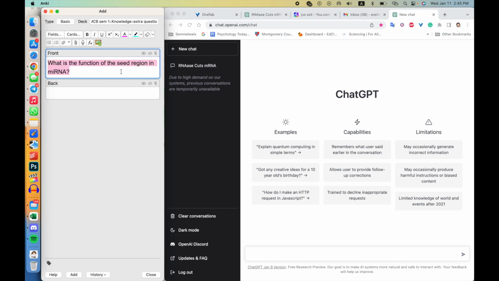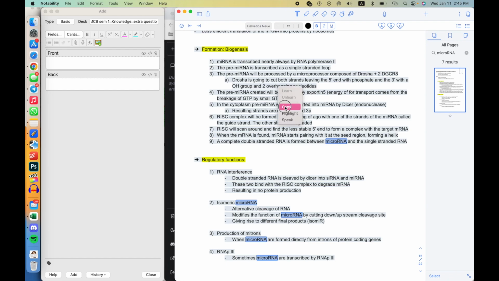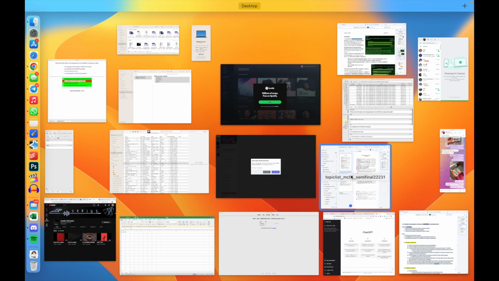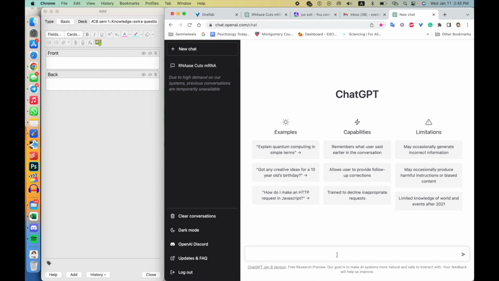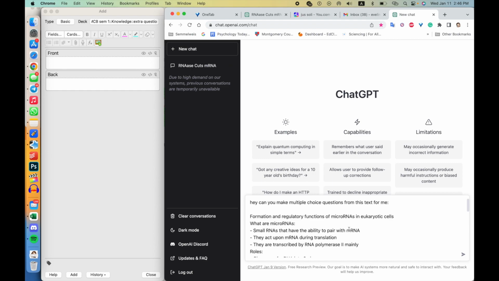So let me just clear this out for us to have a clean slate. We're gonna just go ahead and open a text. Here's our text. We're just gonna copy it. It's basically one of the notes. It doesn't matter. You can copy the entire chapter of the book and paste it here. And let's say we want to say, hey, can you make multiple choice questions from this text for me? And then you basically insert the text. There it is. You send it,